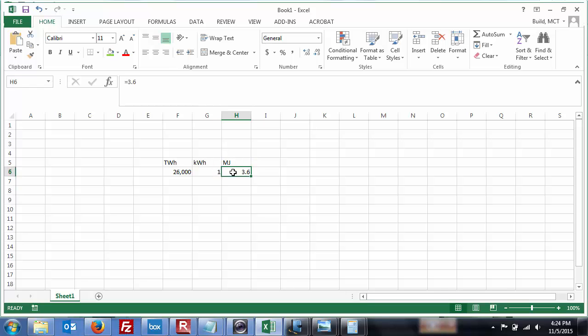So all I've done here is said that this number equals that number times 3.6. Okay, but the kilowatt hours equals this number. So kilo to mega is 3, to giga is 6, to tera is 9. So equals that number times 1E9. So there's kilowatt hours. There's megajoules in scientific notation. Copy, paste,